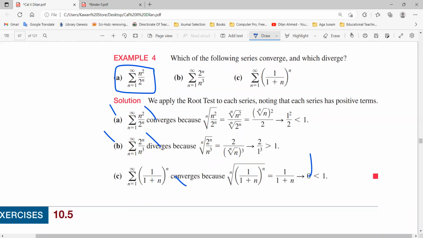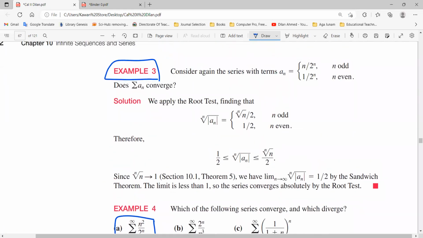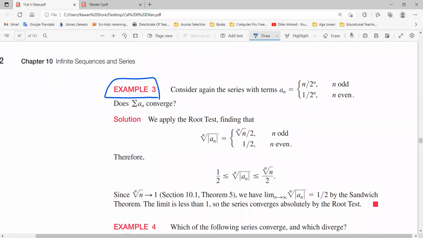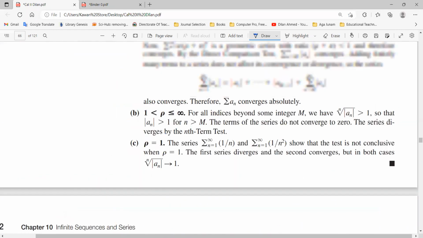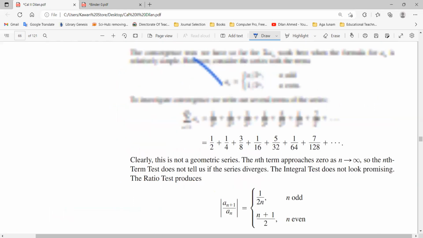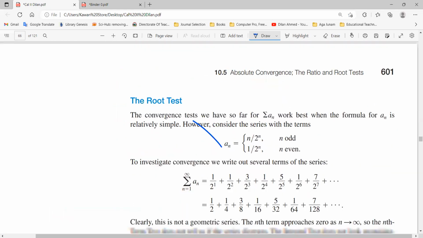Okay, last example. You are happy, right? I can feel it. So we have this example. Before that test, he gave you many ideas about that one. He told you if we have such an example like that, the term will be like that. The terms, no, it's like that. Look,